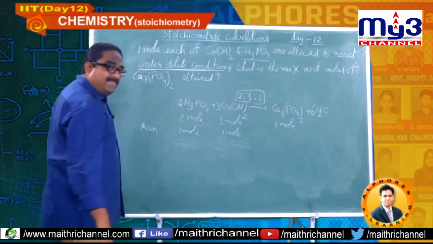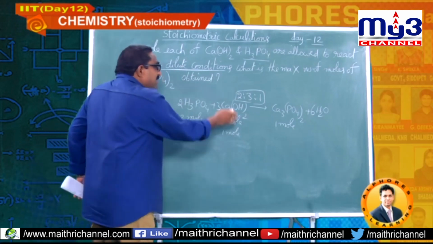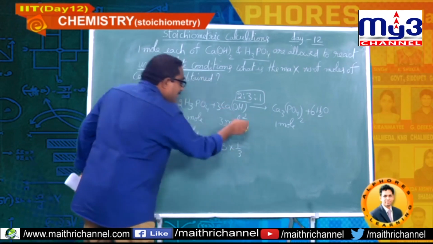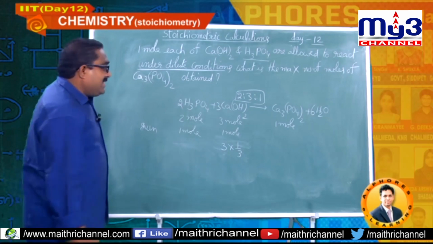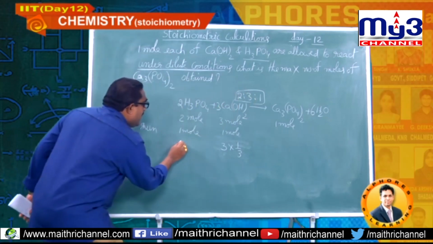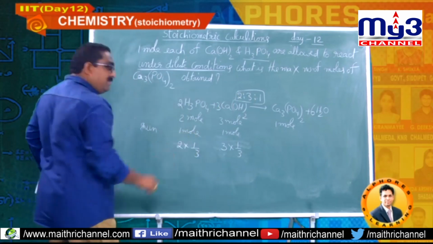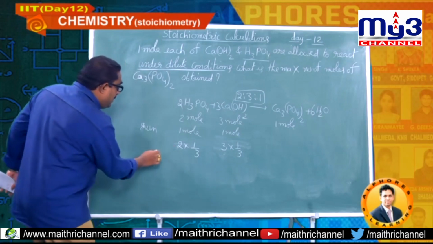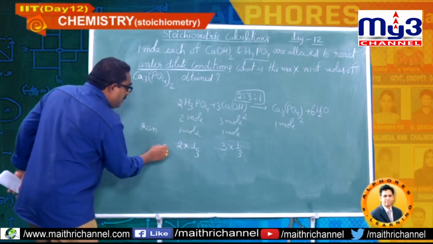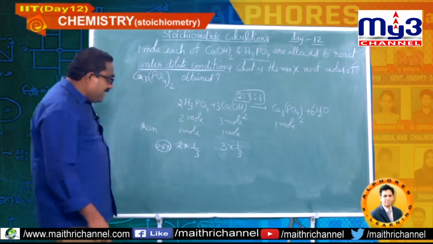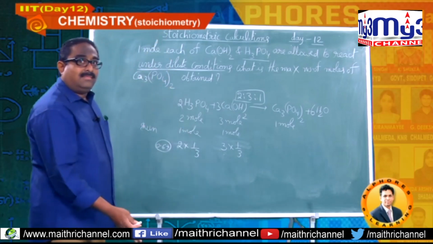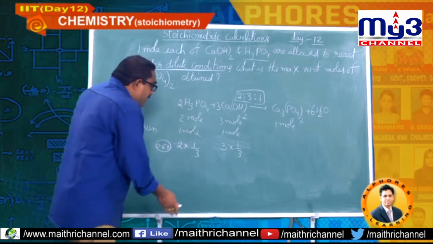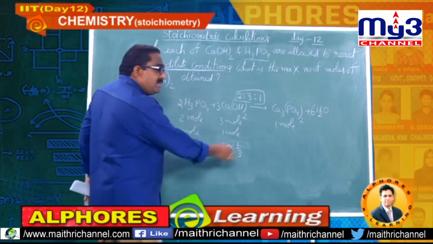Now, see what I will do. I will start with this. Let us check. I am going to make it as 3 parts. 3 into 1 by 3. Mole ratio is 2 is to 3. So here it should be 2 into 1 by 3, because the mole ratio should not be disturbed. 2 is to 3 only. 2 by 3 means how much, students? Approximately 0.67. Yes, he has given 1 mole. But requirement here is only 0.67.